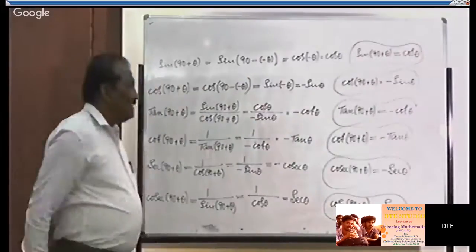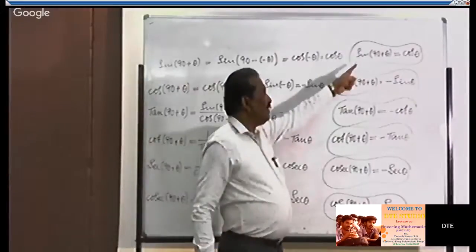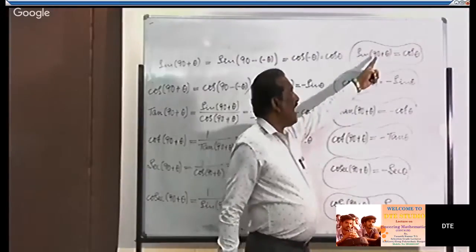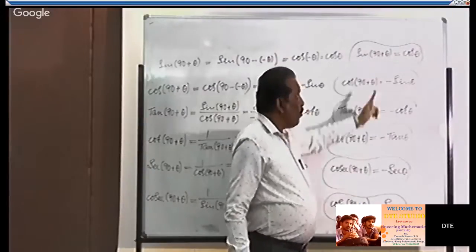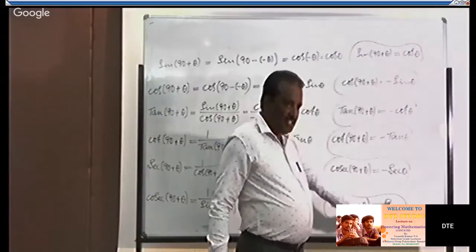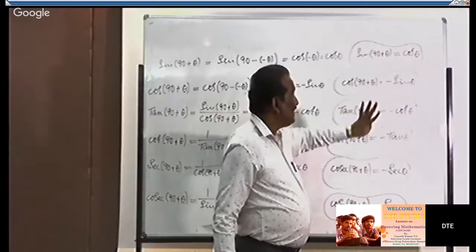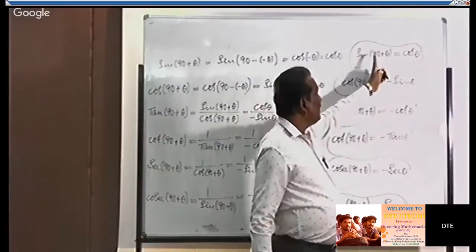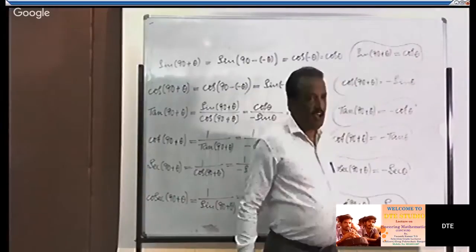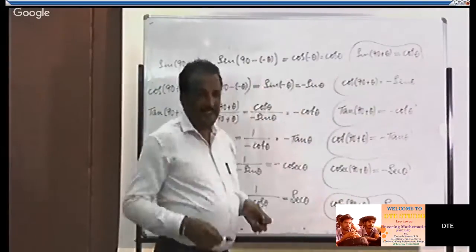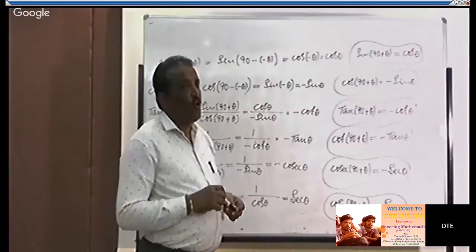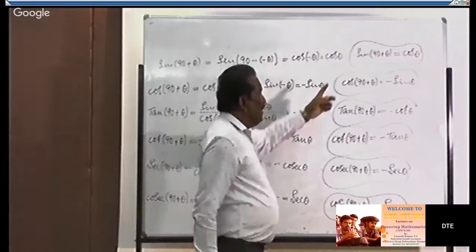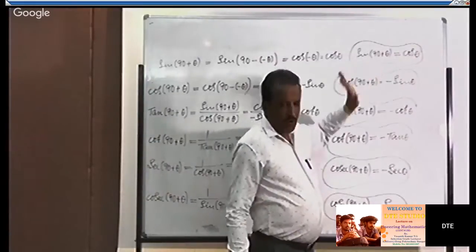So observe all these 6 results. In all the results, for any trigonometric function in the LHS, the angle is 90 plus theta. Whatever may be the result on the RHS, the result exists in the form of theta only. We connect 90 plus theta to theta for an angle which is coming under second quadrant. Once again, you can check the quadrant rule of sign in these results also. How? 90 plus theta is coming under second quadrant, isn't it?